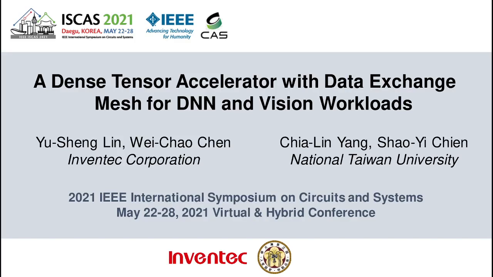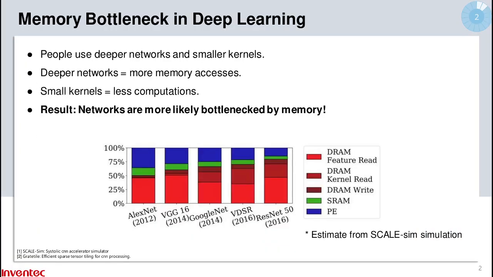Today, I will introduce you to a dense tensor accelerator architecture that optimizes the memory utilization in deep learning. Memory bandwidth has become the most critical problem in deep learning computation. This is because people tend to use deeper networks and smaller kernels. As a result, the red part in this figure, which is the memory accessing power, occupies more than 80% in